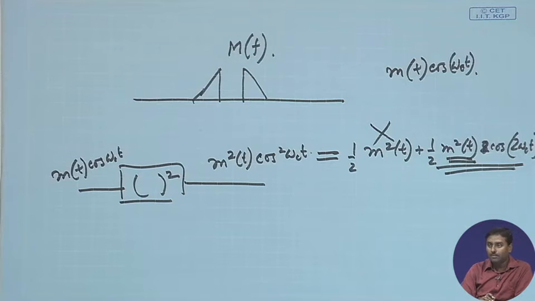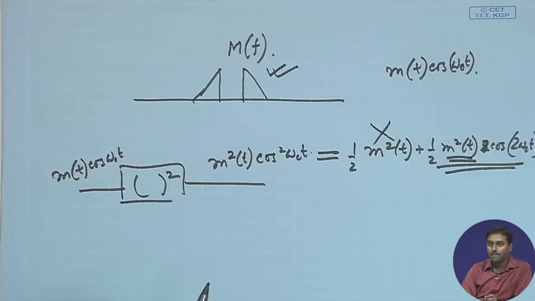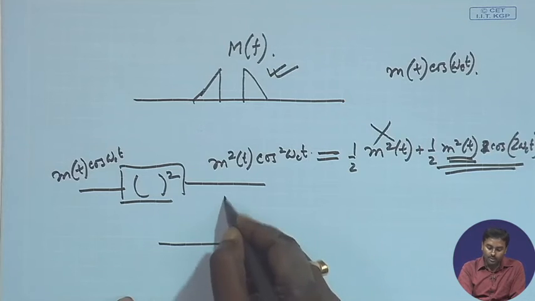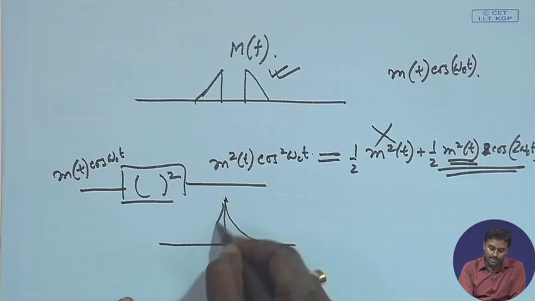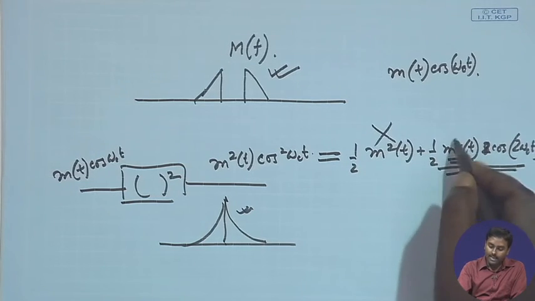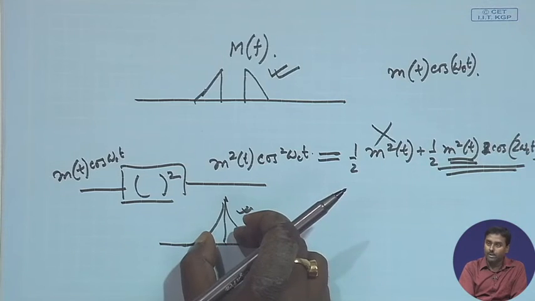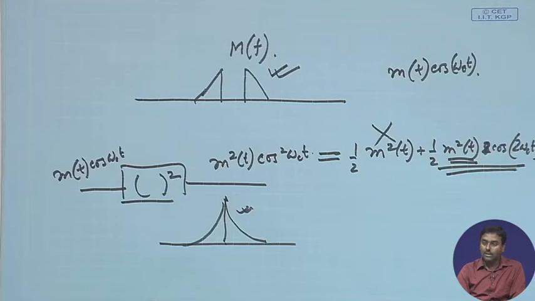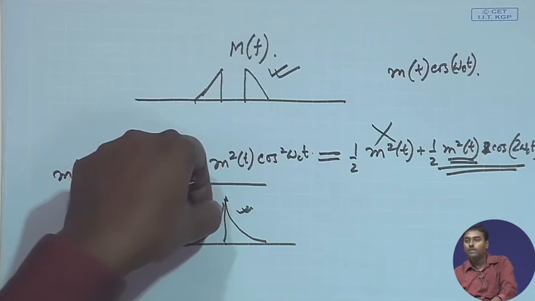In frequency domain, what will happen? That will get convoluted, right. So, if I convolute this signal with itself, what will happen? It will have the highest peak around 0. Okay. So, whenever I convolute this signal and then plot it, around 0 it will be having a very high value, and after that it will just get reduced. So, basically m square t multiplied by this particular thing, not the actual spectrum, will actually go over to 2 omega_c t, right. So, even if I never had anything for M(f), I will now be having something.